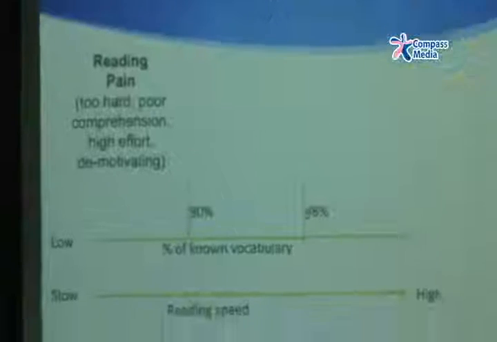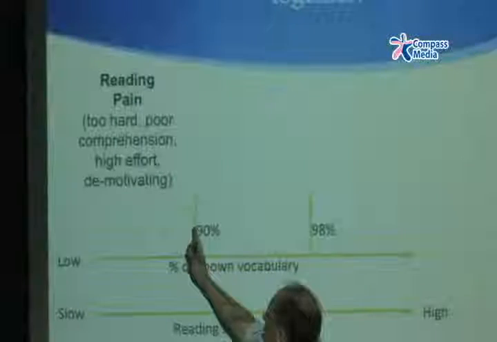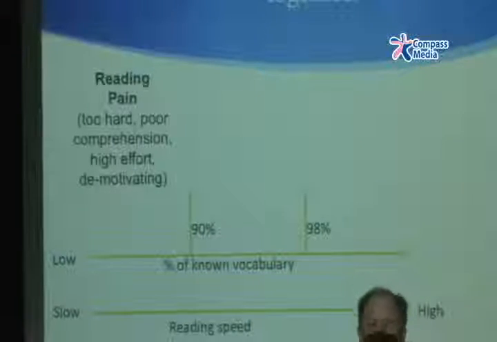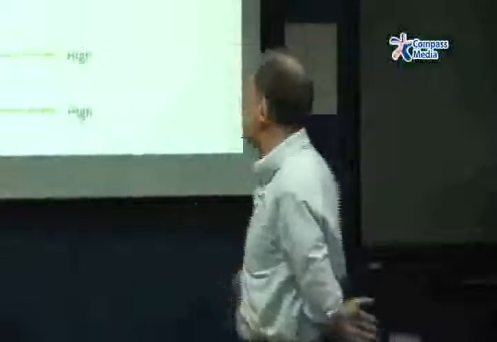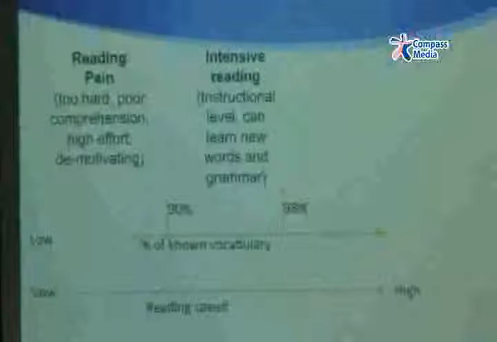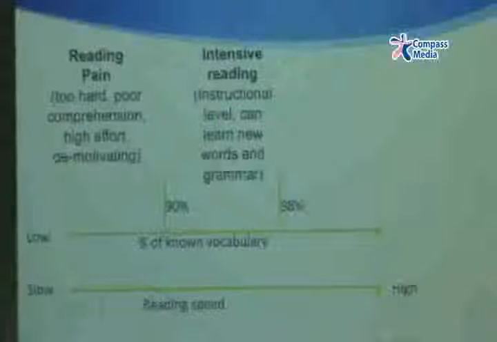But if we've got a text which is between 90 to 98% of the words you do know, 8%, 5% you don't know, we can call this an instructional level, intensive reading. This is good for study. You can study from this. Not too hard, there aren't so many words that it demotivates you. But it's at the right kind of level where you understand enough, but there's a few words you don't know that will help you work forward. But it's going to be slow, and it's a form of study, not a form of practice.